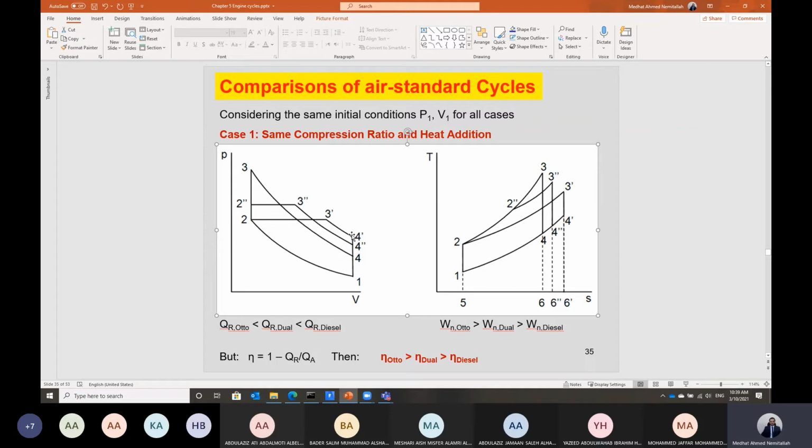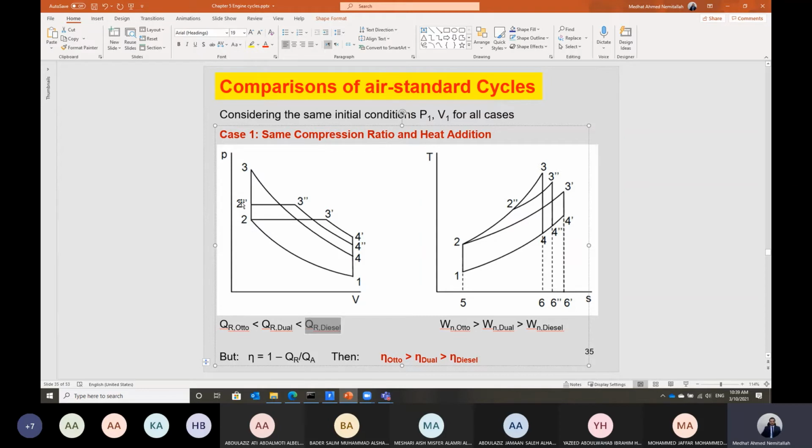Then we have the heat rejection, it will be from 4 prime up to 1. But in the case of heat rejected in the Otto cycle, it is from 4 to 1. So the heat rejected in the Otto cycle will be less than the heat rejected in the diesel cycle. And also, if we consider the dual cycle, part of combustion took place at constant volume from 2